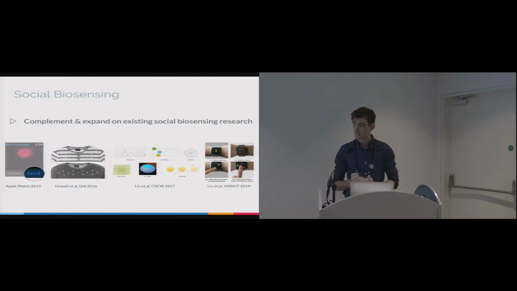There are examples of things like this that already exist. Like the Apple Watch, for example, where you can share your heart rate. But there are other really interesting research projects exploring what meaning is interpreted when you share signals like this. Work by Howell at DIS in 2016 explored color-changing fabrics on T-shirts that depended on users' electrodermal activity during intimate conversations. Fannie Liu has done some really interesting work looking at the expressivity of biosignals or biosensed data like EEG patterns, or creating smartwatch apps where you can share a little animated figure that's based in part on your biosignal data.